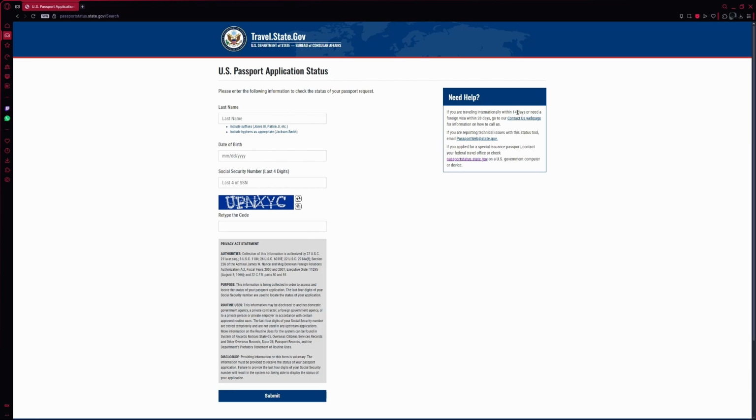If you're traveling in the next 14 days and still haven't received your passport, you can use the contact link on the same page to request urgent help. And if you run into any technical issues with the site, they also provide an email address where you can report problems. That's all you need to check your US passport status